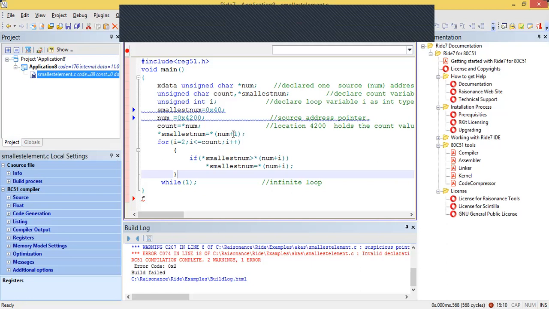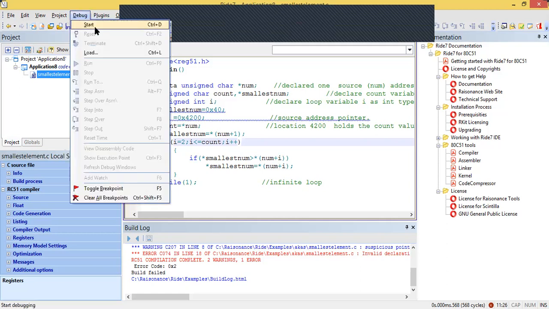Here it will not work if you put 0. So always make sure that you are not writing that concept, because if you store 0 in the smallest number initially, that will be the smallest. So the program will not work properly, because in the case of smallest you will always get 0. And for that, when you want to find the smallest number, always use this particular concept, that the first number you can assume as the smallest number. And this is the logic. And if you access the first value, then you can start the loop from 2 onwards. Now we'll debug this particular program.